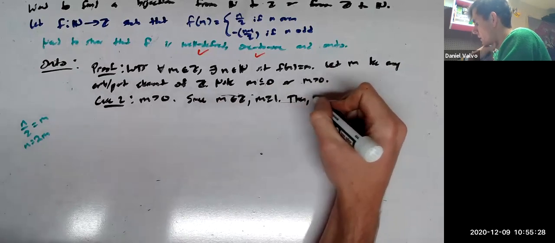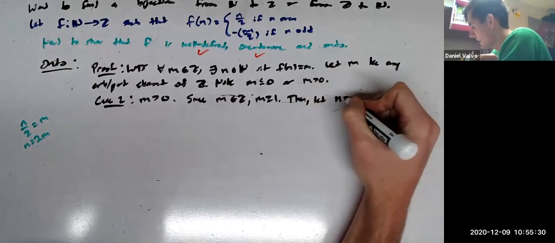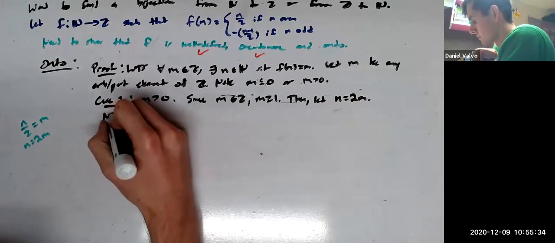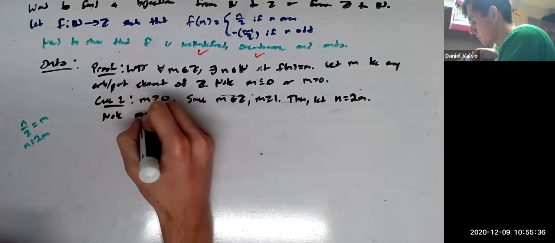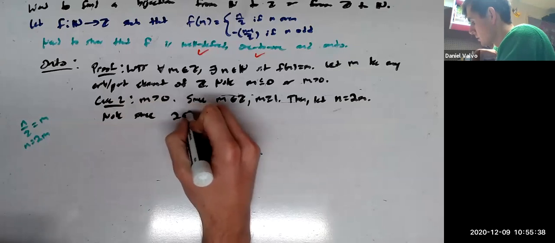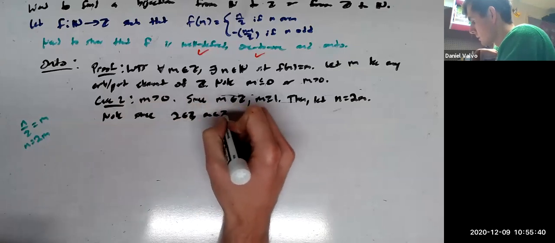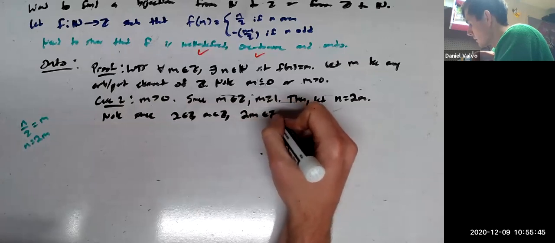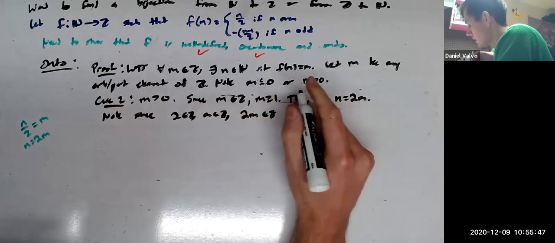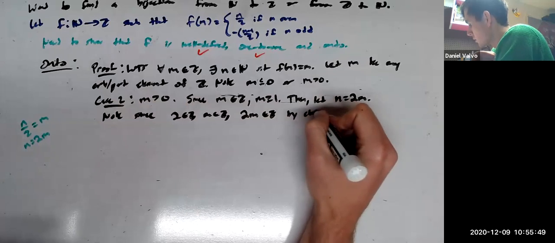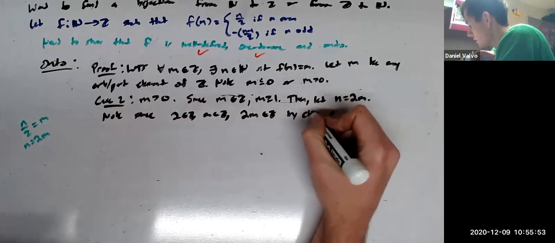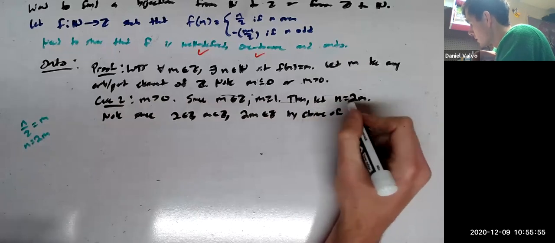Then let n equal 2m. Note, since 2 is in Z and m is in Z, 2m is in Z by closure of Z